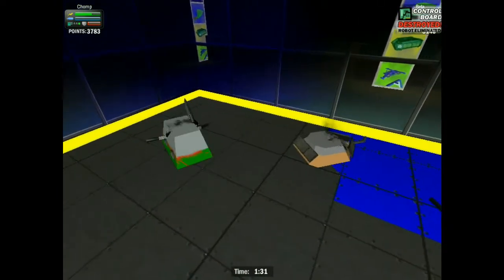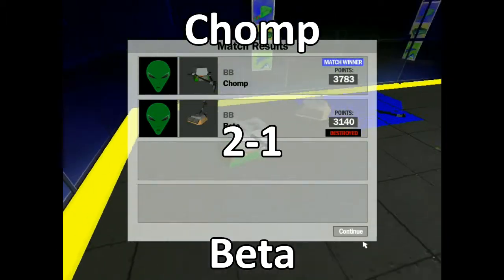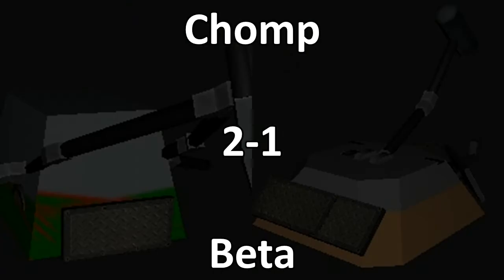There it is! Chomp has done it in spectacular style. Once again, Chomp under a little bit of trouble and duress, able to flex his muscle and get the victory by taking off Beta's hammer and then pounding him into submission. Surprisingly, it's Chomp who takes a 2-1 series win, and Beta, well, I knew he wasn't going to be the